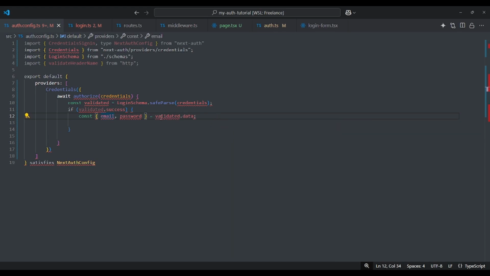And once we have these two pieces of information, we will be using the email. If the email exists in our database, then we will proceed to comparing the password.